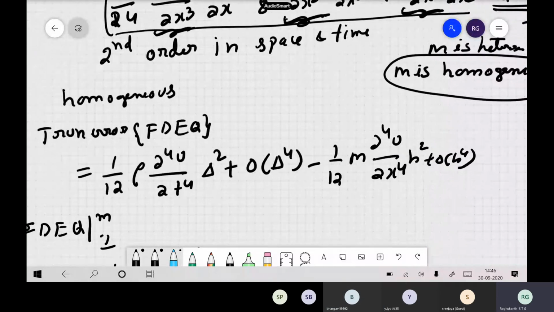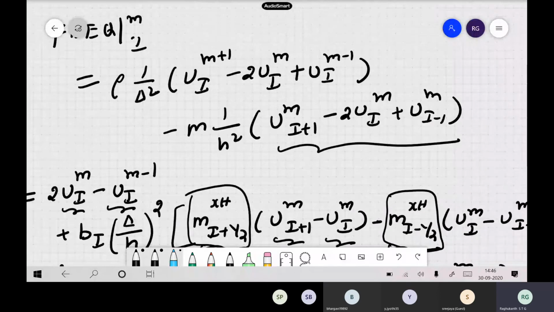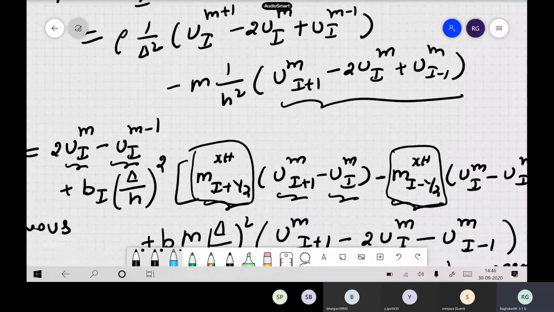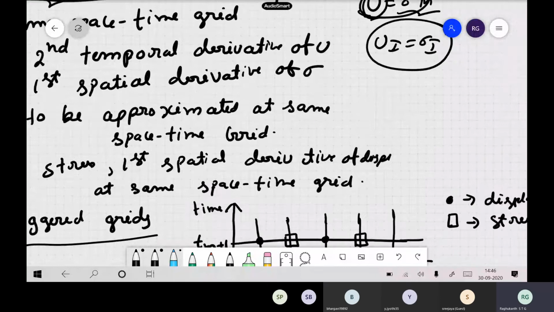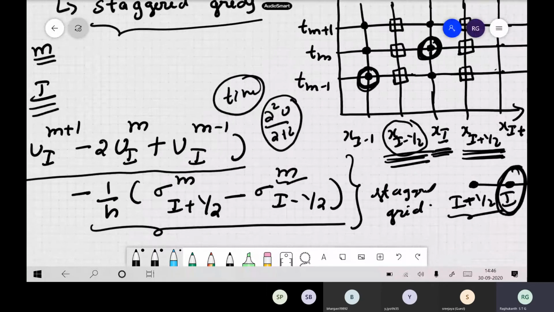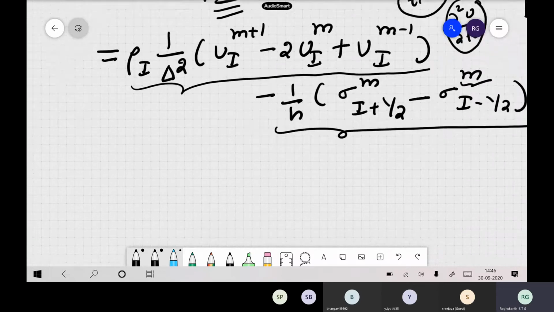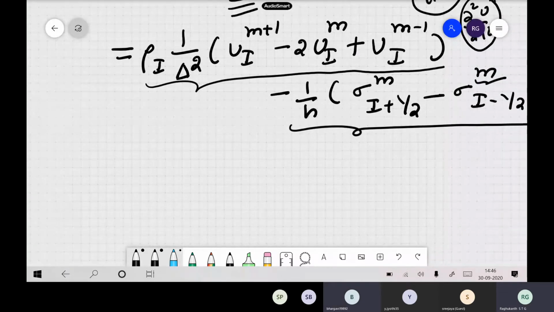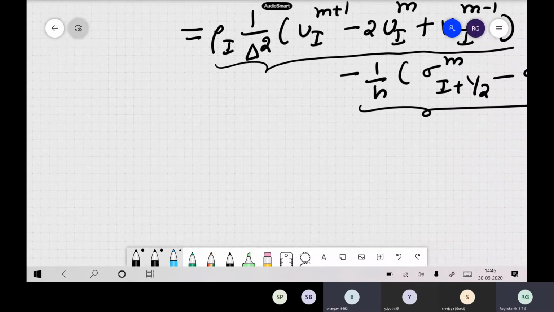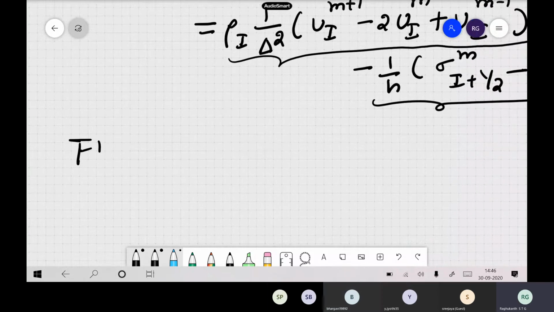So the staggered grid comes because of this problem. You have to match one derivative, with two or three variables. One is a second derivative, another one is this type of derivative. But you are computing at the same point only. That is the basic equation, but you are estimating the displacement and stresses at separate points to compute the derivative. This grid is valid depending on the equations you are solving. Now let us write the second equation, that is for the stress. So your final difference is say.